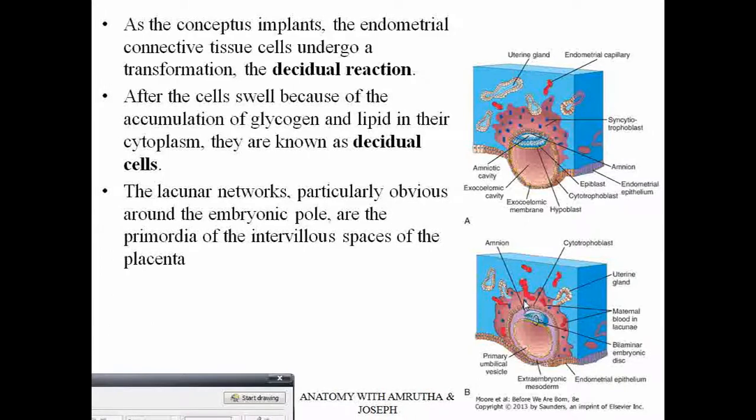When you see the placenta, it is formed of villi. There are a lot of villi in the placenta. Between the villi there are some gaps, and these gaps are actually these lacunae. So on either side of one lacuna the villi arise. So this is a lacuna, here one villus arises, and on this side also one villus arises. Similarly here one villus arises, and on this side a villus arises. So the lacunar spaces are the primordia for the intervillous space, that is the space between the villi which are going to form here to make the placenta.